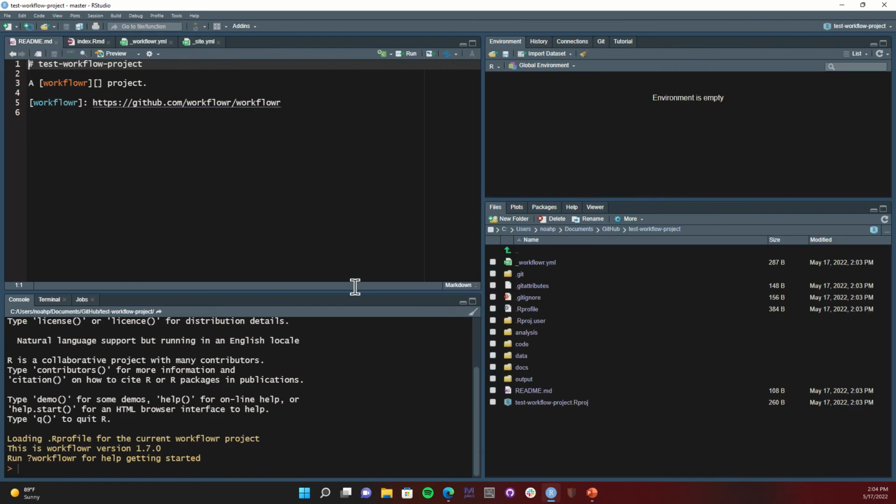RStudio will think for a second, and then it'll open it up. You'll see that it changed where this directory is looking. Now I'm in my GitHub folder that it defaults to, and it has this workflow project in there. Again, it has all of those folders: analysis, code, docs, and output. You'll notice it has a few extra folders as well, specifically this data folder and this Git folder. There are some Git ignores and other things as well, but initially the big thing I want to talk about